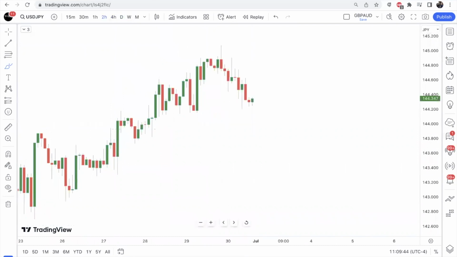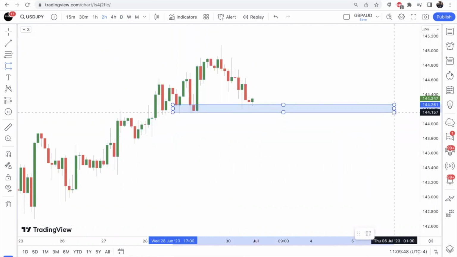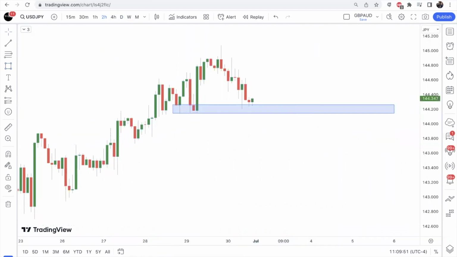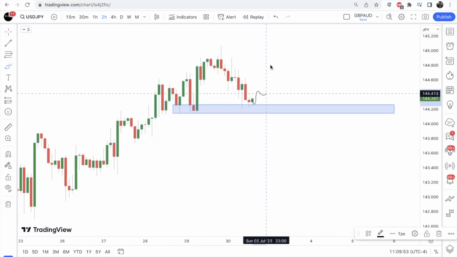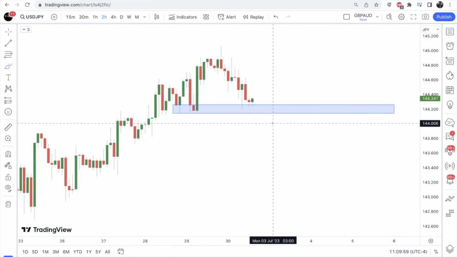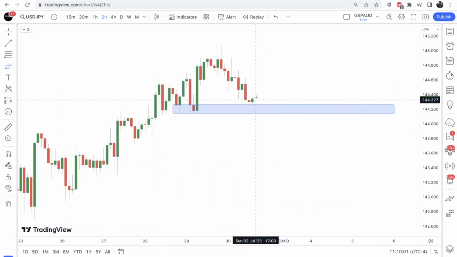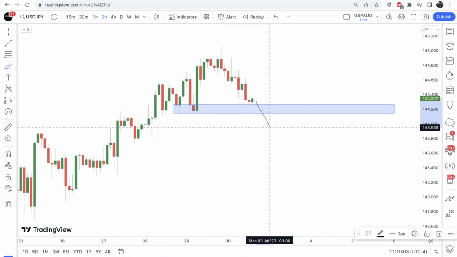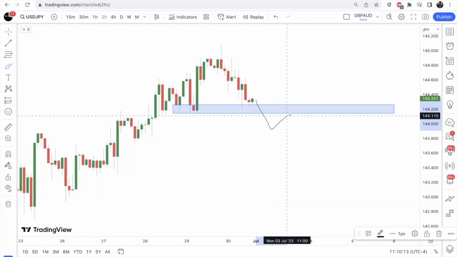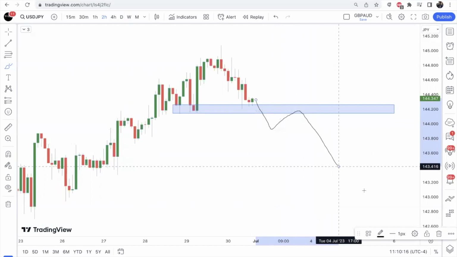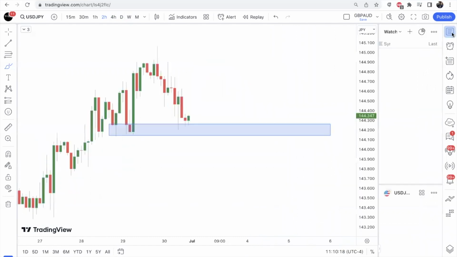So price could very well just hold here and continue up. So I would take this level of structure here. If price holds support here, you could possibly see price just continue up. But for me, I'm not looking for buys here. I would like to catch a nice correction on this. So if price comes down and breaks structure, that's a higher low, breaking higher low structure, that's a sign that it's shifting on a smaller time frame to a bearish bias. I would look for a retest or pullback to catch the next wave. All right, that's how I would play that.